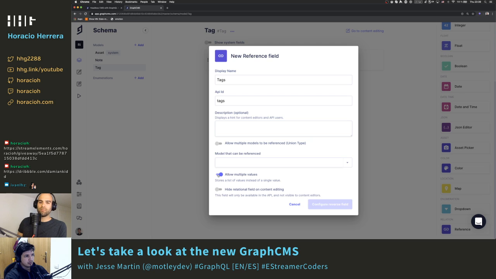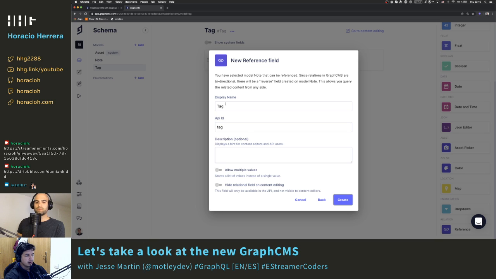From the drop down, we choose our note model, and we'll call the field notes. Then configure the reverse field, which is going to be tags, and that would also allow multiple values. In this case, we've defined a many-to-many relationship, which means a tag could be part of multiple notes and vice versa. And if we hit create,